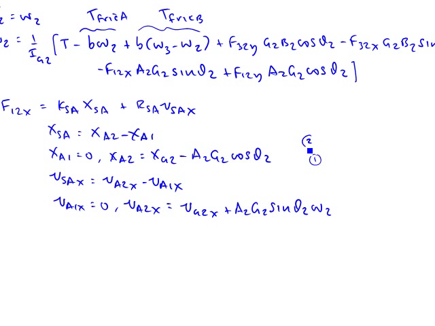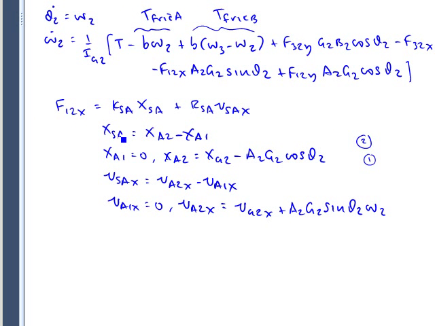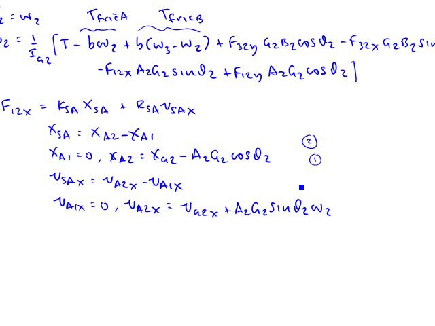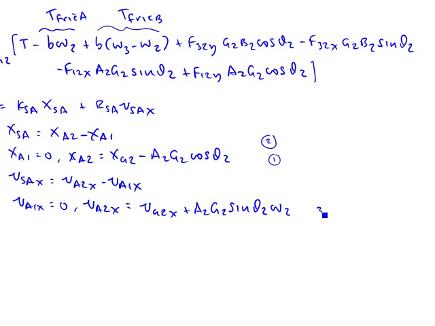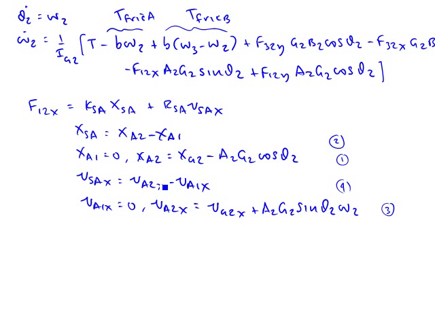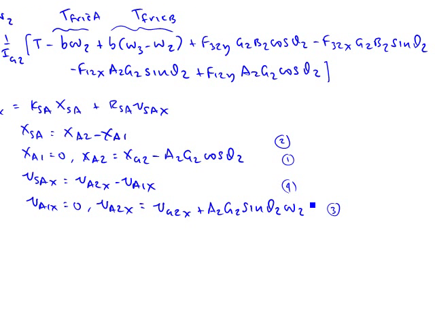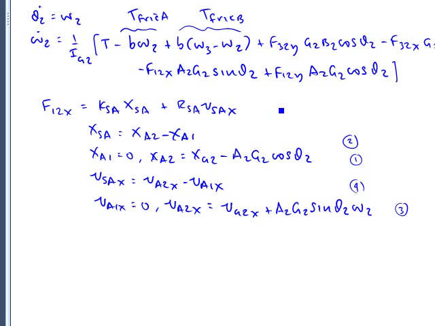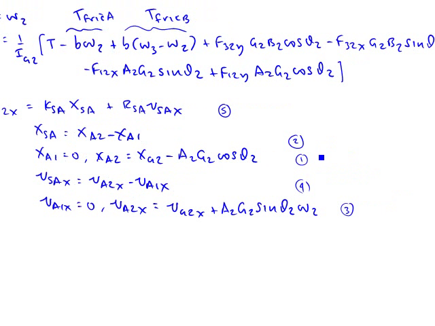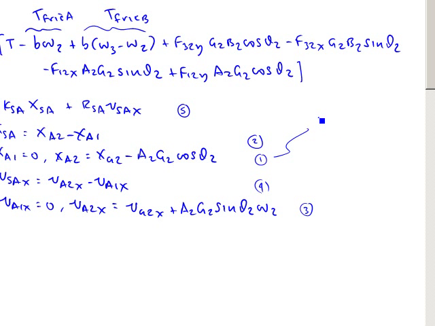And then I can define the spring deflection in the x direction. And then I'm going to need to define the velocities of A1 and A2 in the x direction. And then I'm going to have to write an expression for the spring extension velocity. And only after I've coded all those equations can I finally go back and write a line of code that defines F12x. So what I've written there, those little numbers, that's what I'll call the coding order